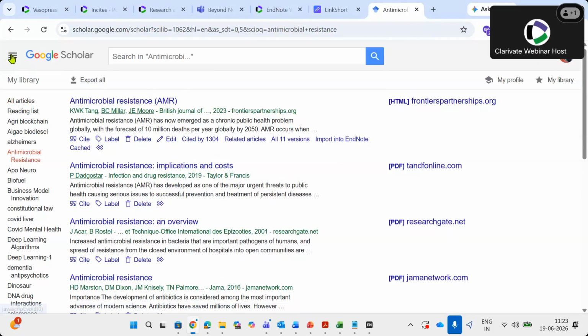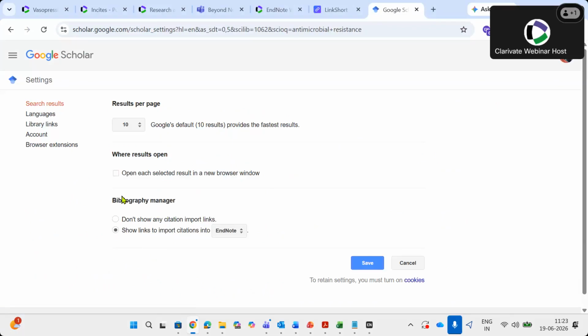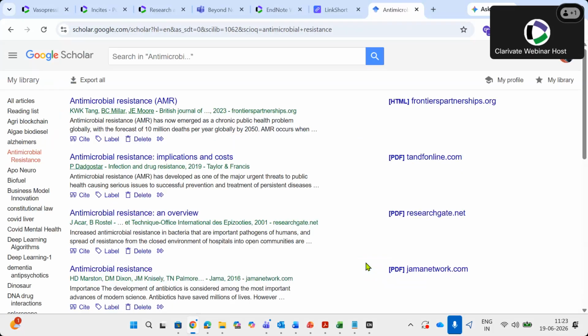Please remember, you need to go to your settings and make sure in the bibliography manager you have links to import citation into EndNote. Save. Export all. EndNote. And you can see over here